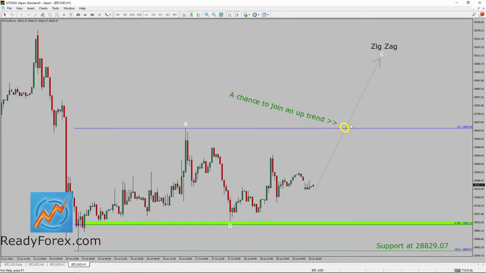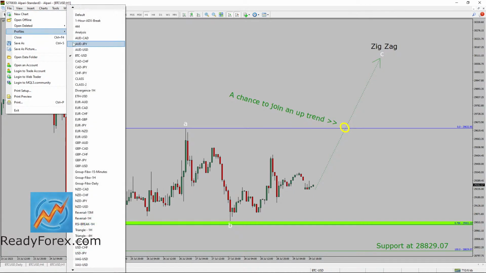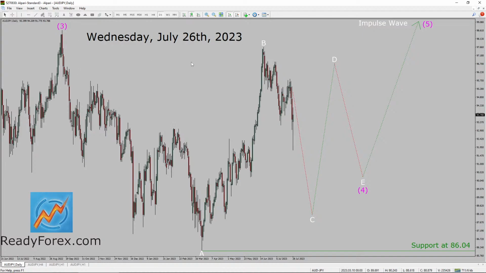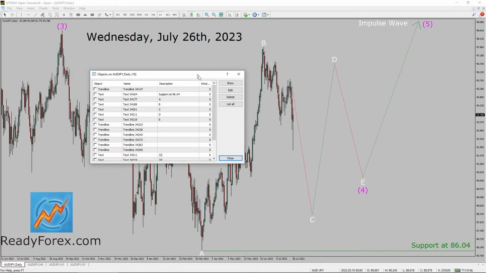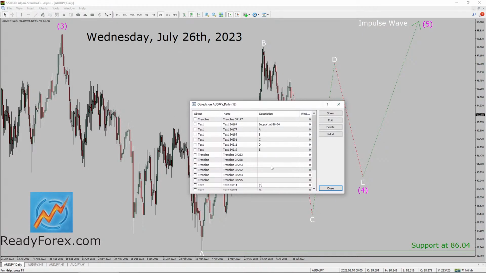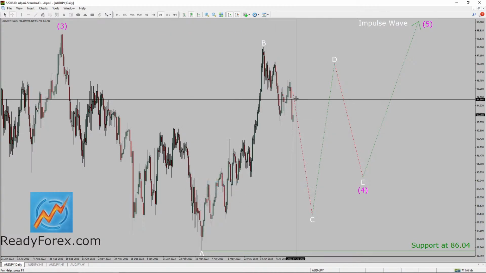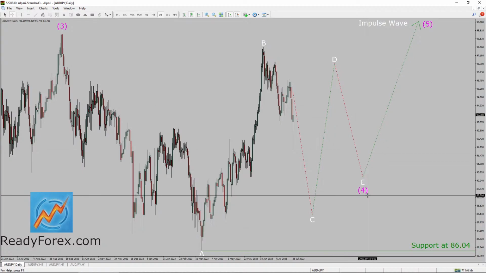Okay, there was a request about which currency pair? AUDJPY. Okay, let me see. AUD Yen. Okay, first of all, today, AUD Yen, most likely it's going to move sideways to complete the triangle pattern in